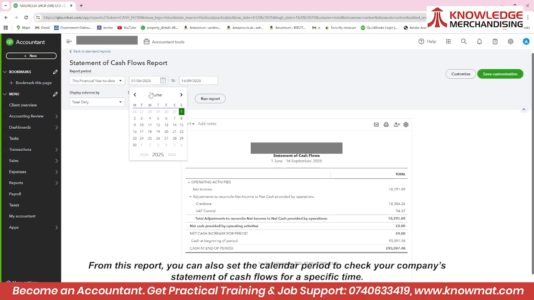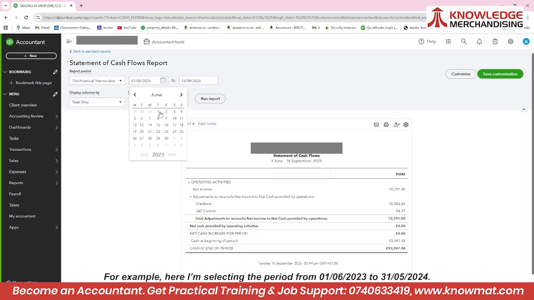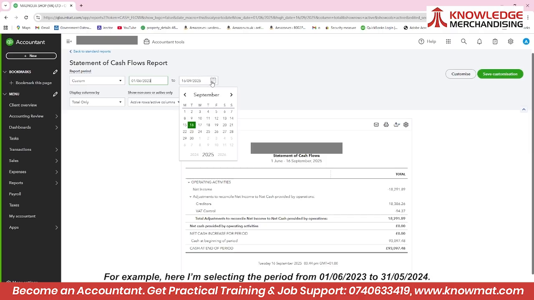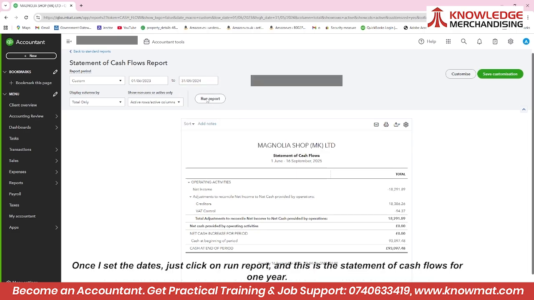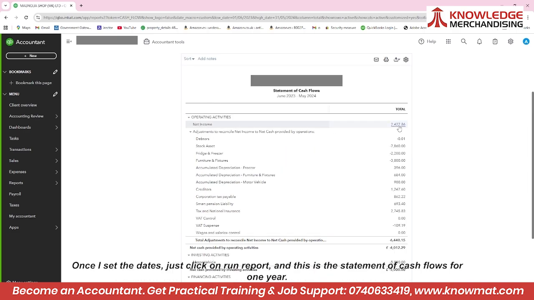From this report, you can also set the calendar period to check your company statement of cash flows for a specific time. For example, here I'm selecting the period from the 1st of June 2023 to the 31st of May 2024. Once I set the dates, just click on Run Report, and this is the statement of cash flows for